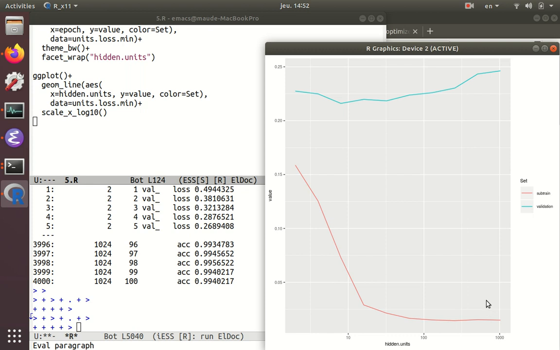However, when we look at the validation loss, we see that it goes down up to a certain point, around 10 or 20 hidden units, I guess that's probably 16. After that, it starts to go up again. So what this says is that more hidden units is not necessarily better. Our goal is to get a model that generalizes well to unseen test data, so we need to think about regularizing the model by limiting the number of hidden units. We need to do some analysis like this to help us select what the number of hidden units should be, because we don't know,